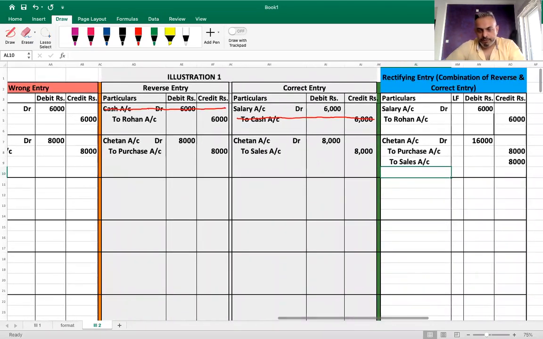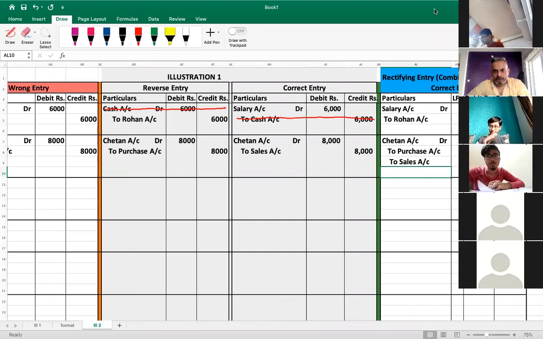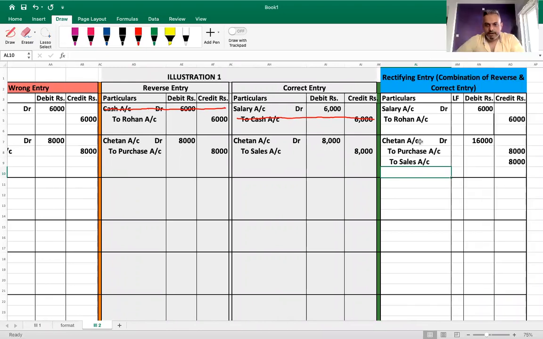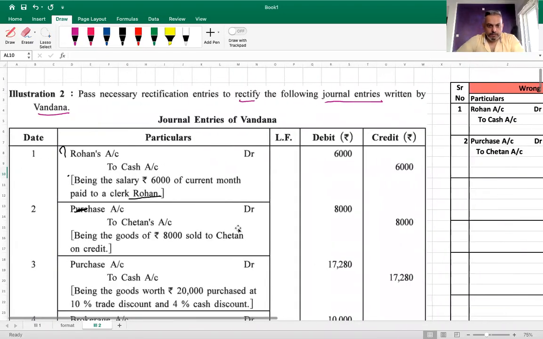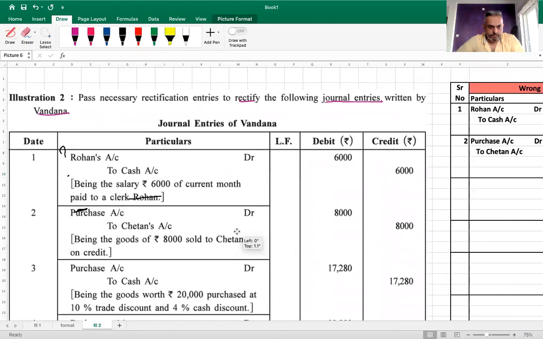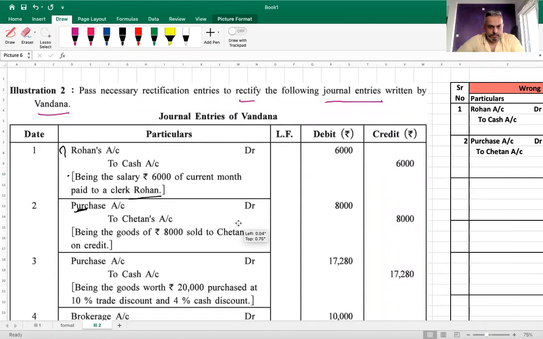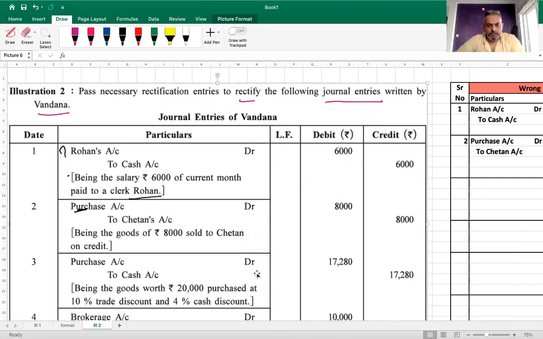किसी को कोई डाउट हो तो प्लीज आस्क. Should I proceed? Okay. Now, third one,